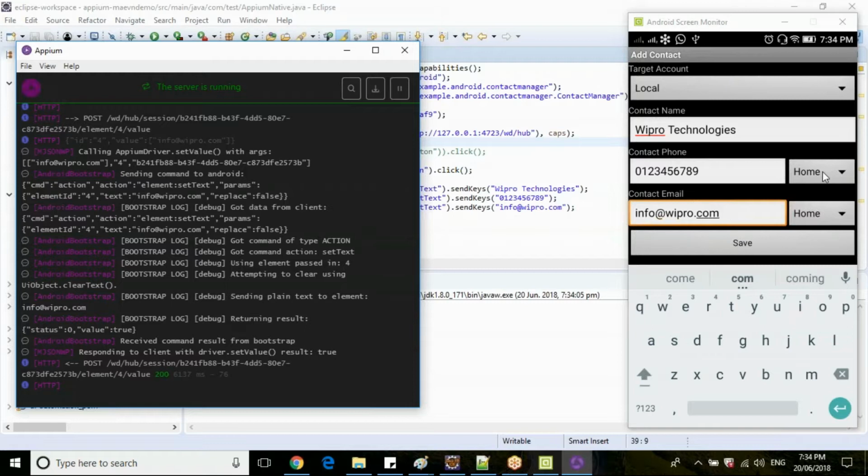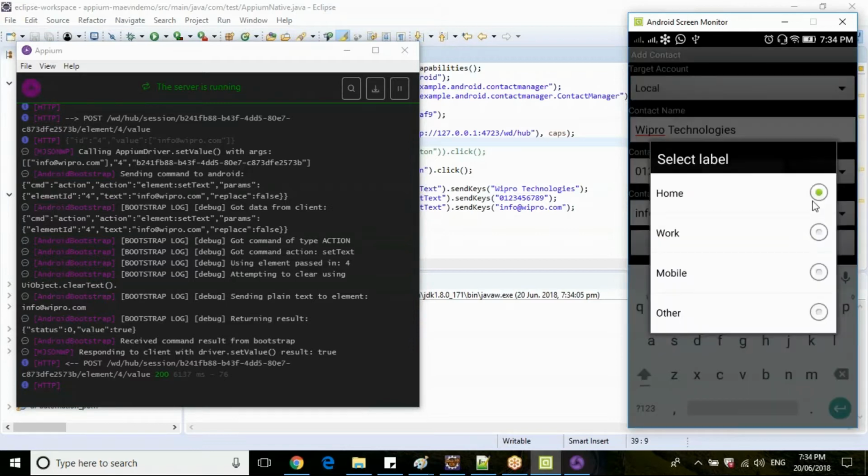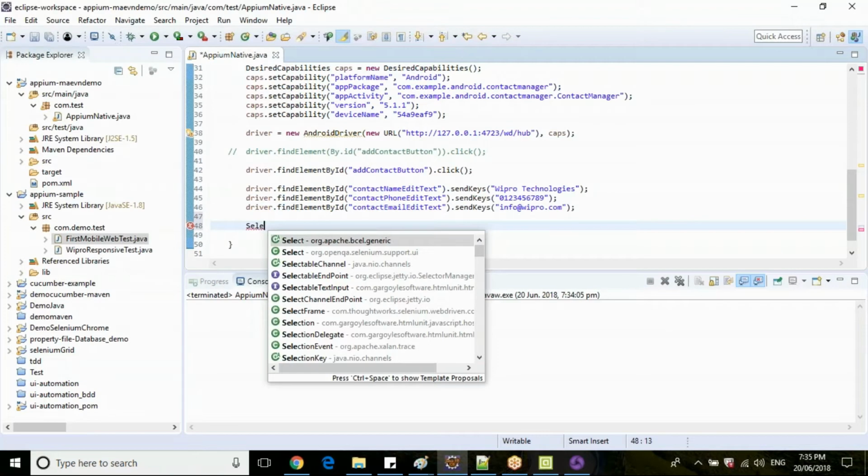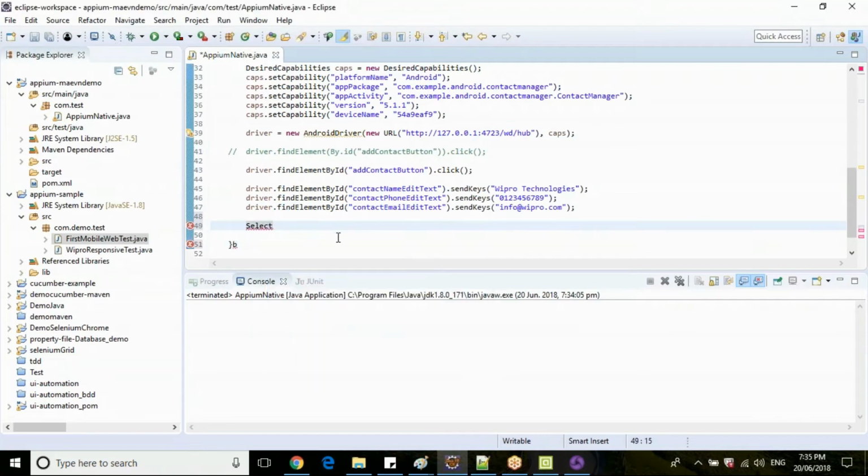So if you want to work with drop down, so you can work, guys. So it is same here. Home, then just clicking there, then selecting your drop down. However you are doing that in your normal web, right? Select class, same select class is also available here. So use this select class, then you will be able to work with your select class also. Okay.